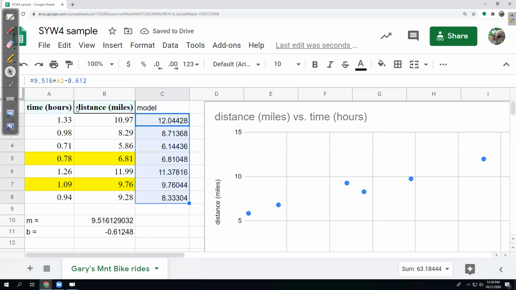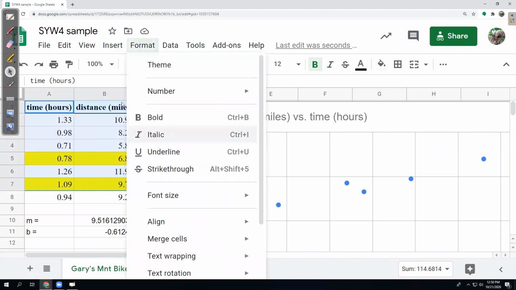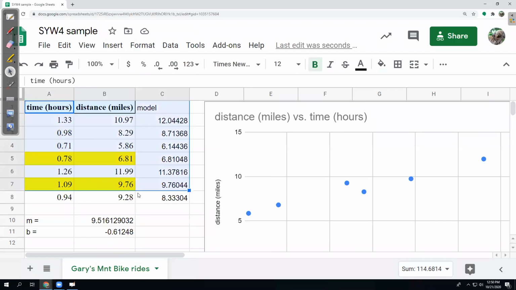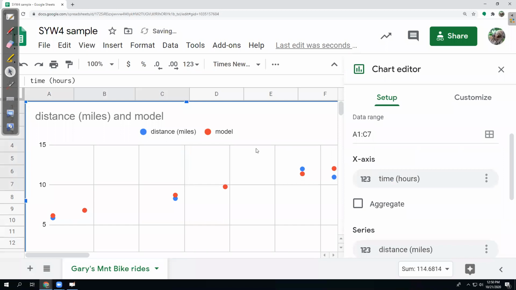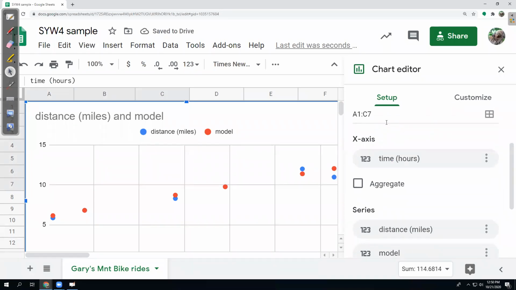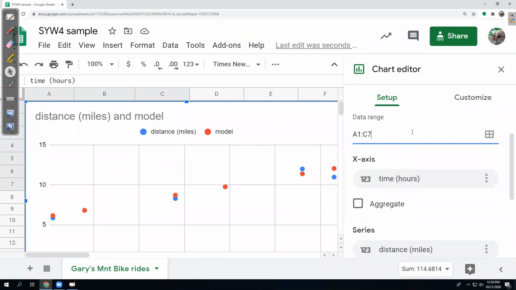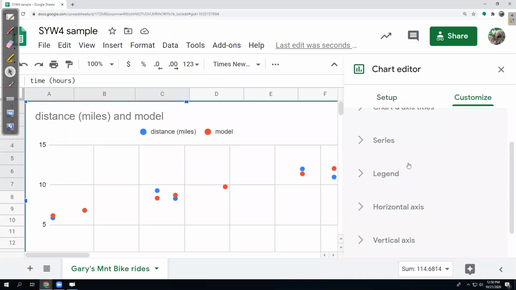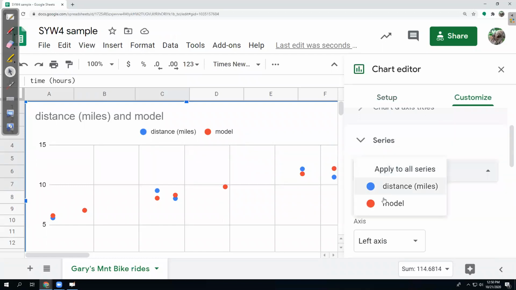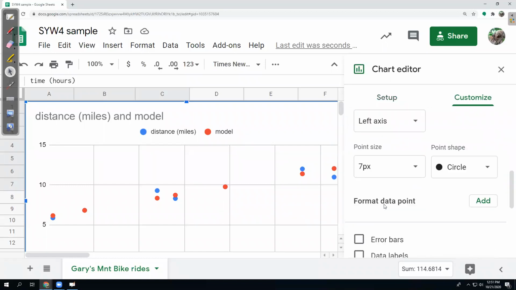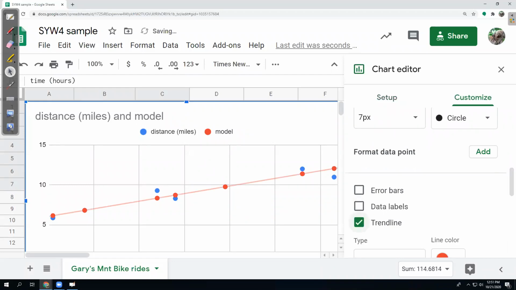Now I want to try and do a graph of all these together and see what happens. Insert chart. I think I missed a point there, so let's go through C8. I'm just going to tweak this a little bit by making the red one a line.